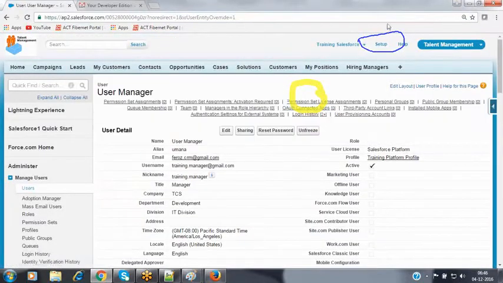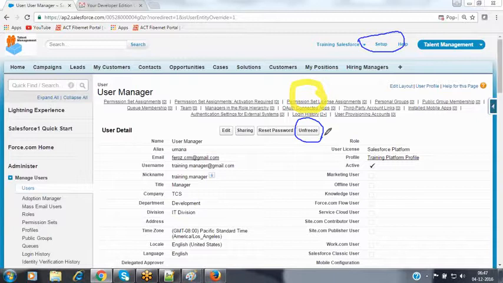Now it is giving that button called the unfreeze button to you. Nothing but here user permissions have been suspended for some time. Till what time? Till when you click on that unfreeze button, this user cannot log in into your account. Whenever any person is going for vacation because of sickness, personal issues, or maternity leave, at that time we are going to be freezing that user. Once she has recovered from the health issues, then we can unfreeze that user account itself.